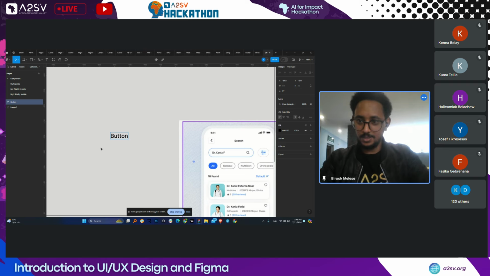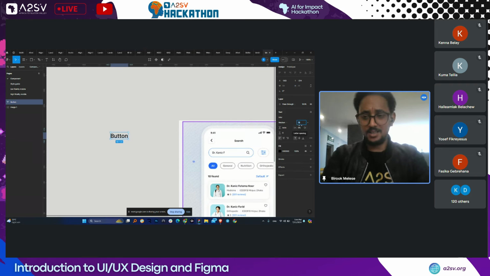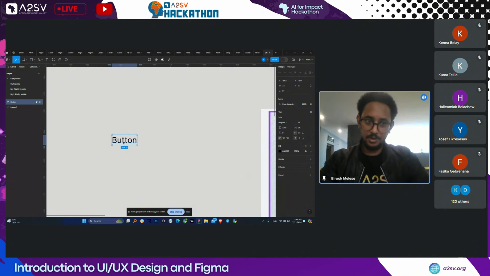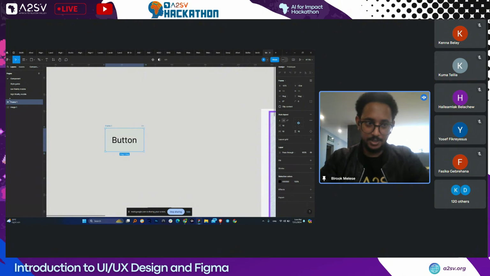Most of the time our buttons, for example for mobile, might be 12, and then you can make it regular, and then there is a frame called an auto layout frame. If you press Shift and A, you can see that I created an auto layout frame. So the difference from a normal frame is